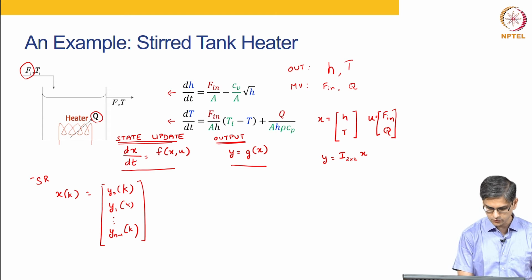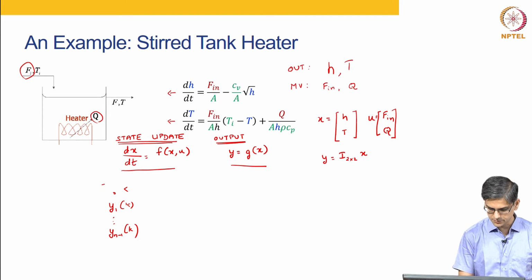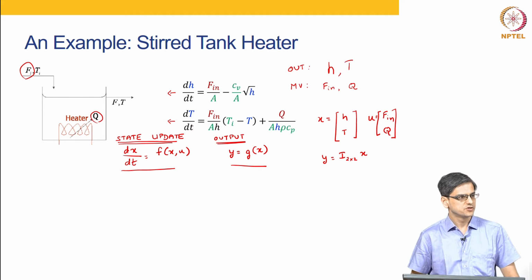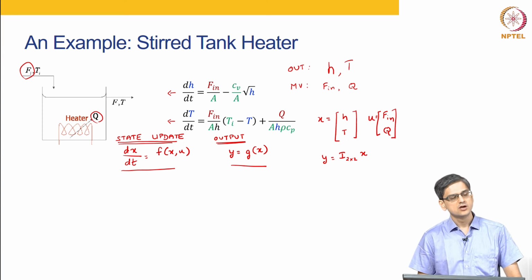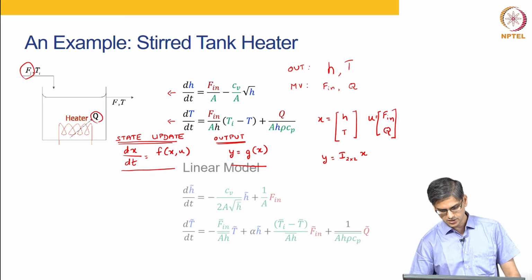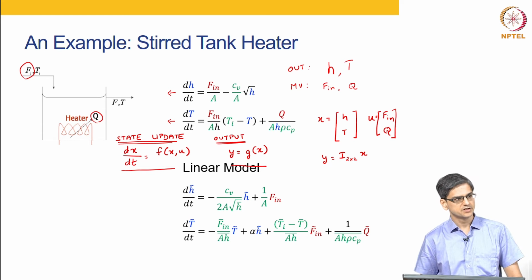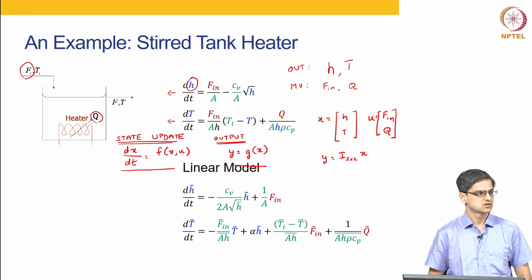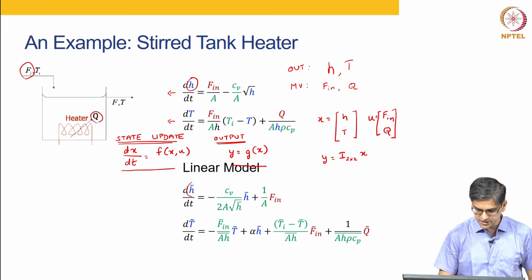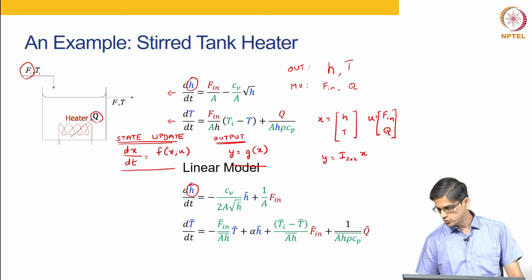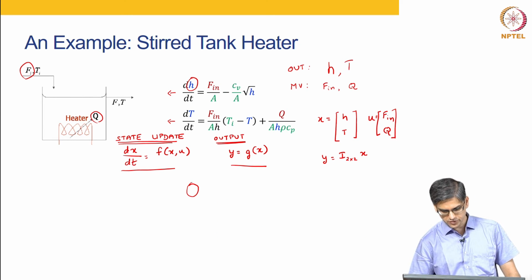So, just relating to what we have done earlier, let me erase all of this. If in your first control course, say for chemical engineers, your chemical process control course, you would have done a linearization of these models as well. And linearization basically uses Taylor series expansion, and this is how you get a linear model. Okay. So when you looked at the nonlinear model, this was your height h. When we are talking about the linearized model, this is the deviation from the steady state. Okay. How do we get the linear model? How do we do the linearization?